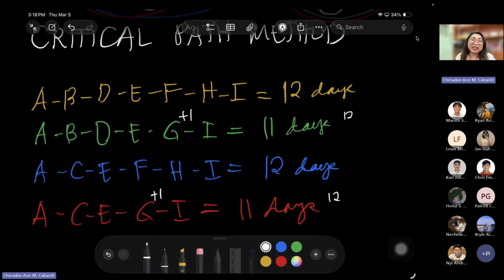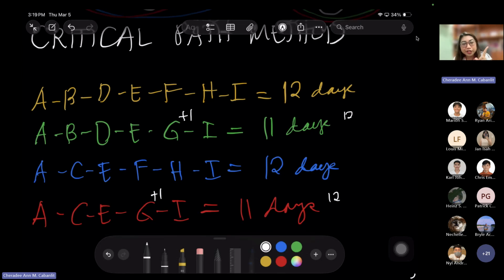If path 2 and path 4 will be 12 days, is it still okay or not? Okay or not okay?